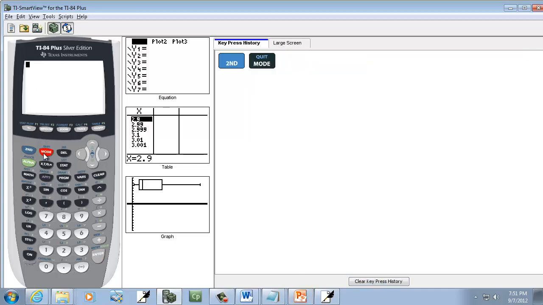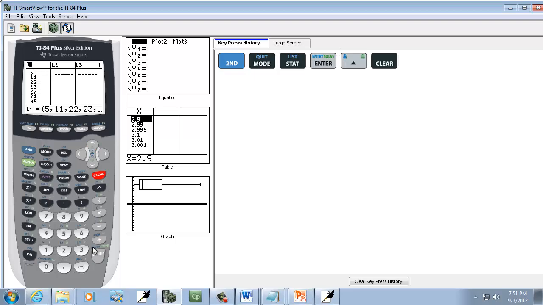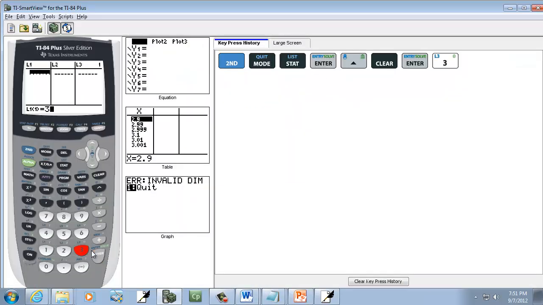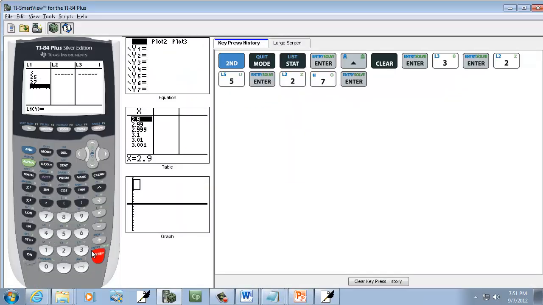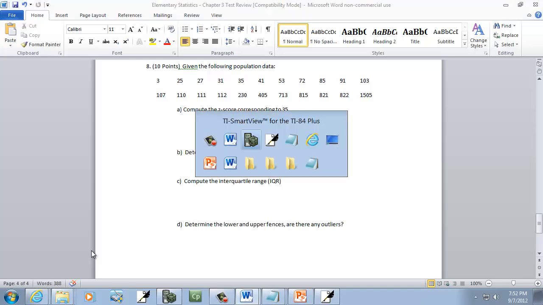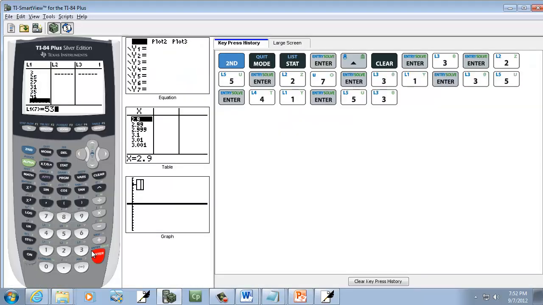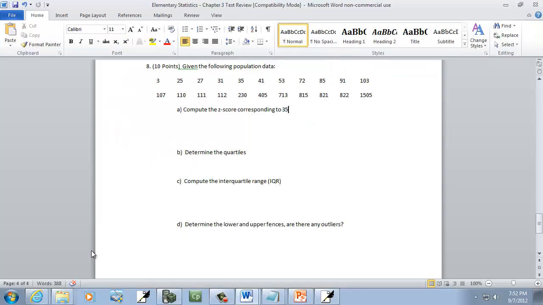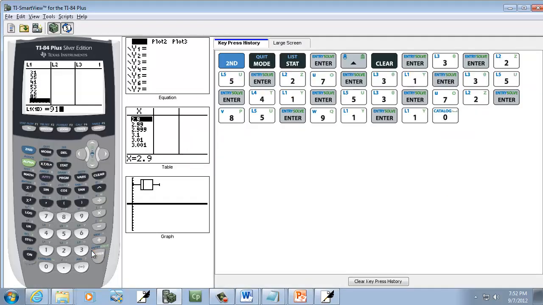So I'll do a second mode to get out of my graph mode there, and I'll press stat, do enter on edit. I'll up arrow and press clear and then enter. Okay, we got 3 enter, 25 enter, 27 enter, 31 enter, 35 enter, 41 enter, 53 enter, 72 enter, 85 enter, 91 enter, 103 enter,